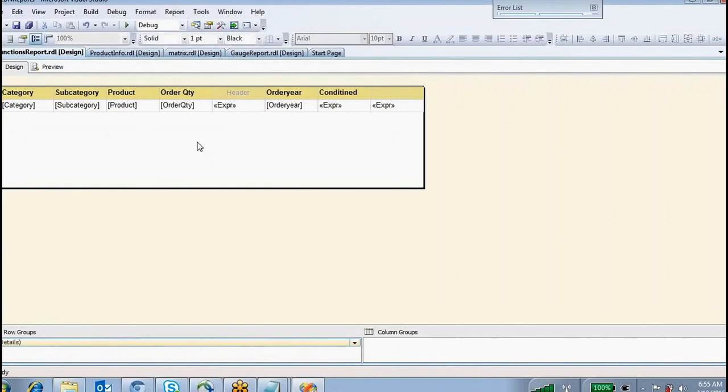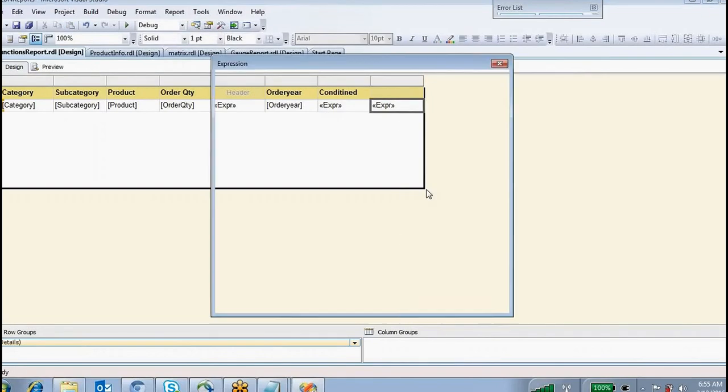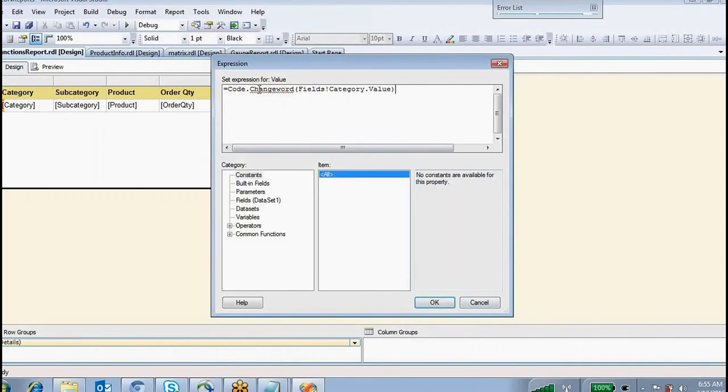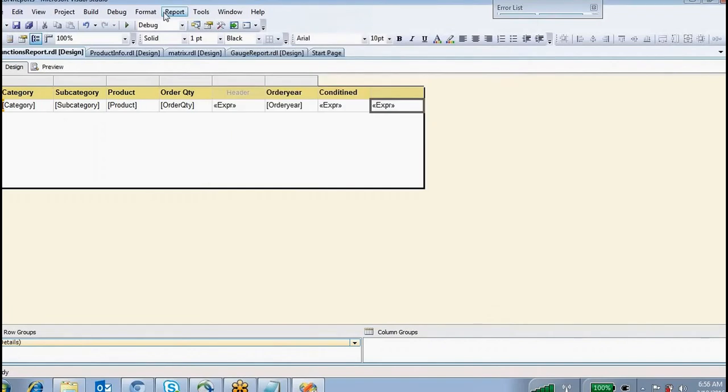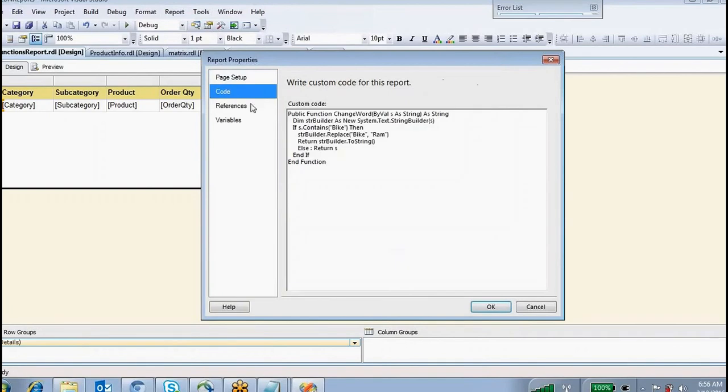Okay, the column name we have to write here. Okay, so this is the way you can write customized functions also. You have to remember, whenever you write any customized function, you put Code dot the function name, and you write it in report properties, Code.